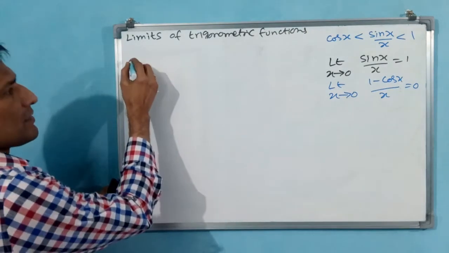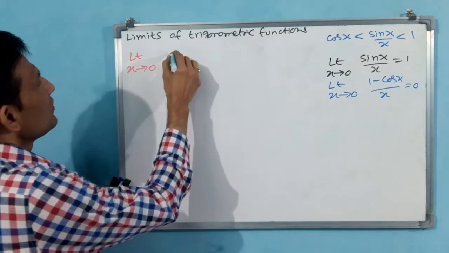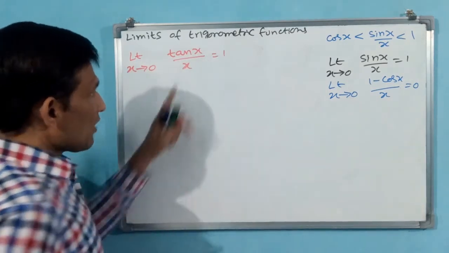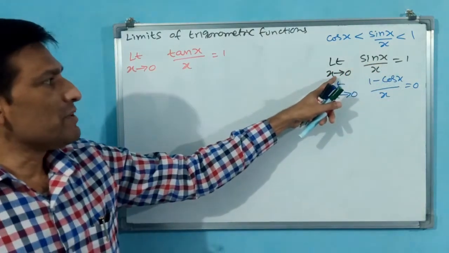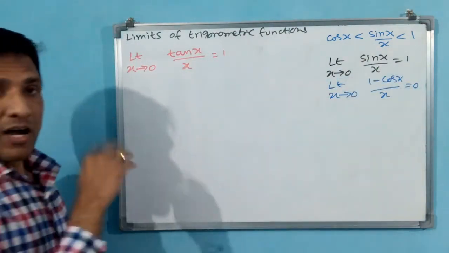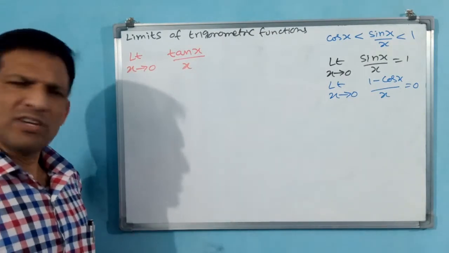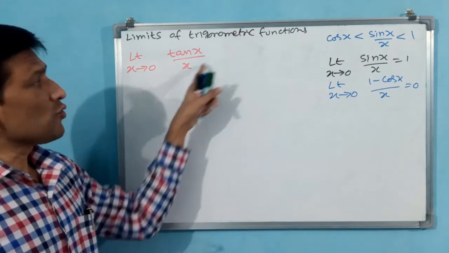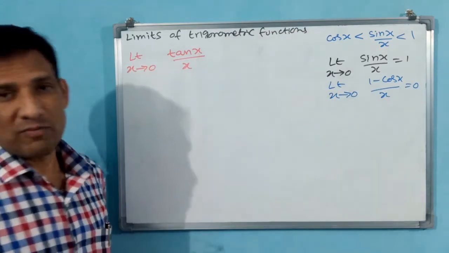Okay, see, another one, the last one, the third one: limit x tends to 0, tan x by x is equal to 1. This we will prove, but 1 directly will not come. Like sin x, limit x tends to 0, sin x by x is equal to 1, tan x by x is equal to 1. How to prove this? If you apply normally, tan 0 is 0, you know very well. Tan 0 is 0. 0 by 0 will come here also. That means case 3. Case 3 we are making case 1.